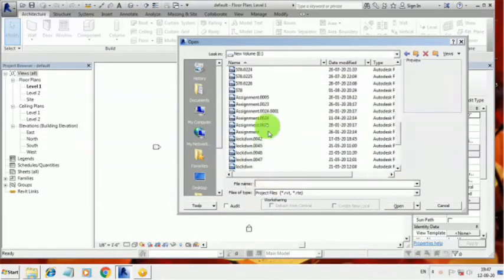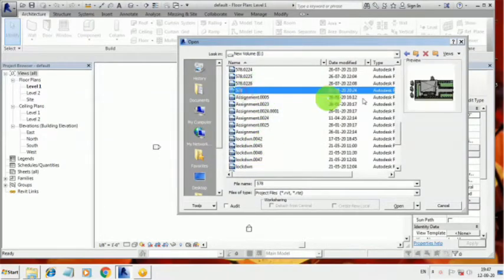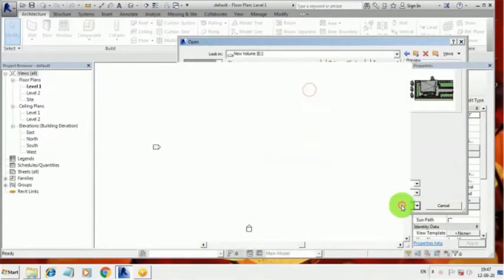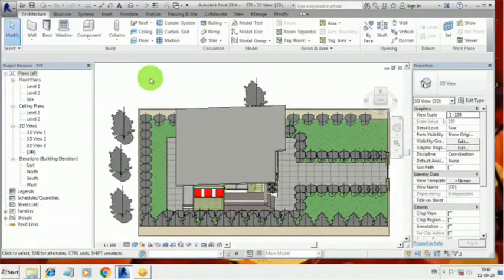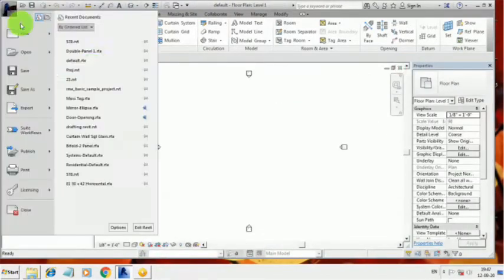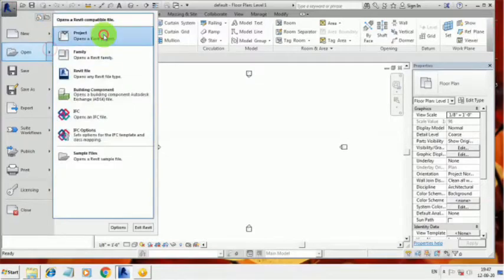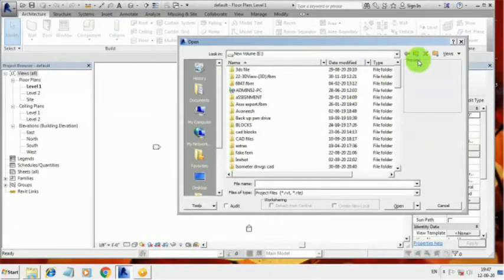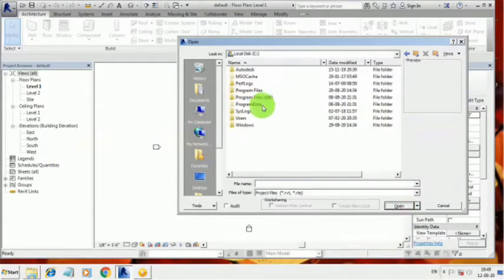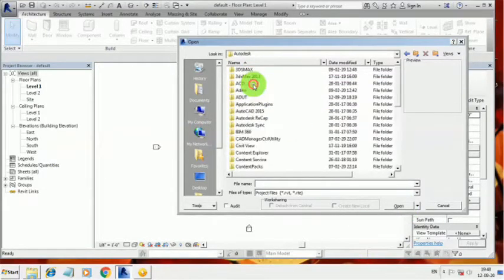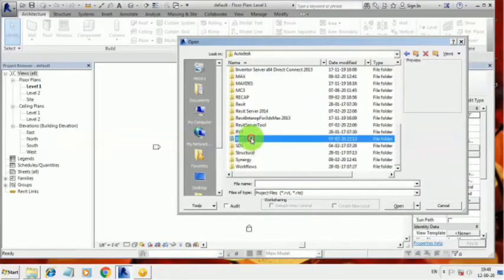Okay, fine. Now I'm opening the file named 578. And you can also open a project template file which is in the Program Data folder.